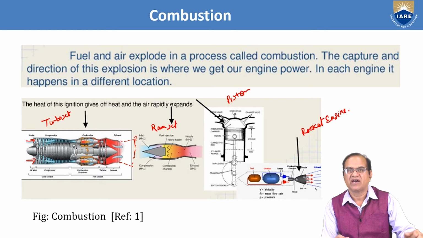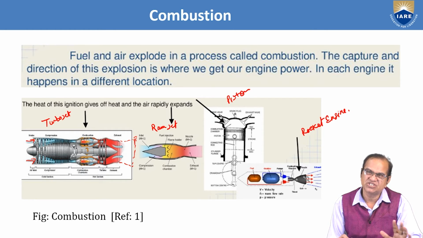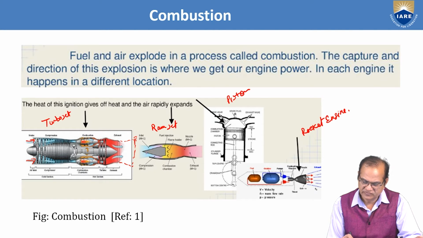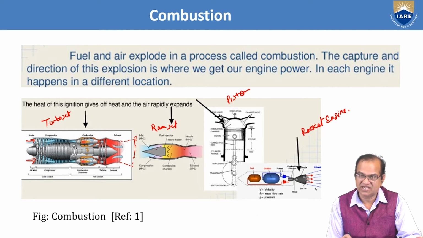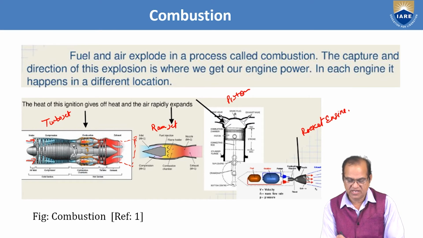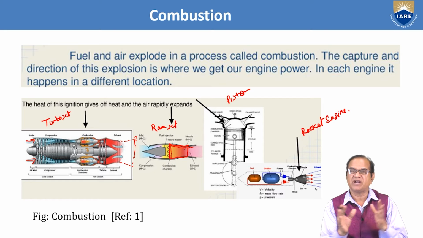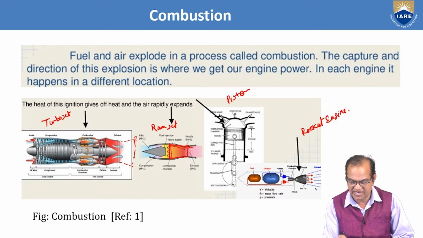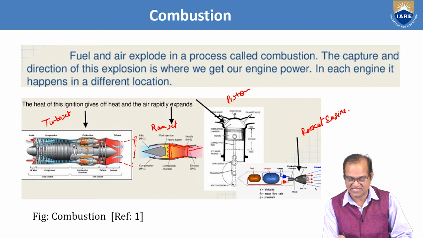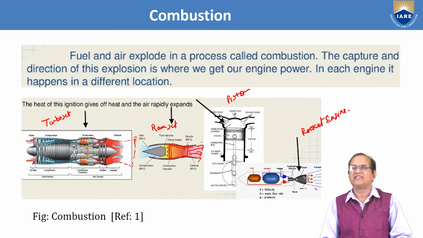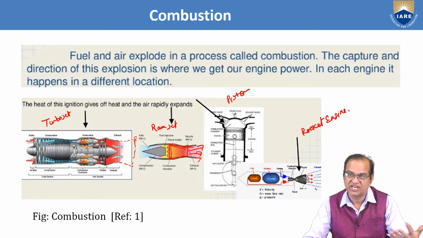But if you see the ramjet engine, the combustion is somewhat different. Here there is no rotating part. Air is sucked in by the velocity itself, and there is a passage. This difference in the area will increase the pressure. This pressure increase and the temperature increase will enter here. Fuel is injected and here the combustion is taking place from here to here. This is the combustion zone. There is no separate equipment. The high temperature and high pressure gases are exiting outside, and they are generating the thrust of the engine.